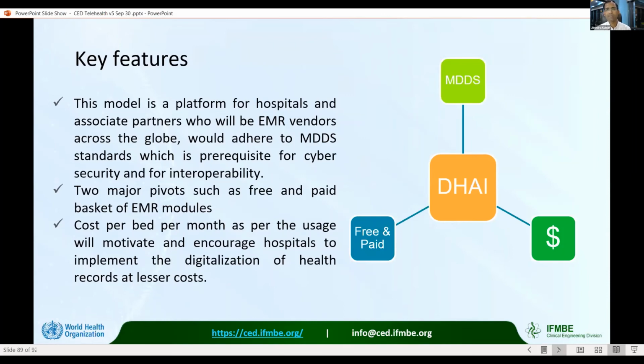So instead of an upfront huge investment on electronic health records and telehealth solutions, which restricts and inhibits a healthcare setup to go for telehealth solutions in electronic medical records, this financial model is more on a cost per bed per month basis, which means like in electricity, you consume and you pay on a per month basis for a certain number of declared beds over the period of the contract, really reducing the upfront cost of capital and the upfront cost of acquiring these systems.